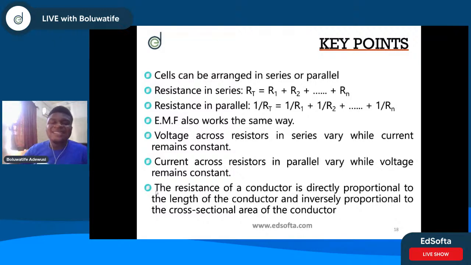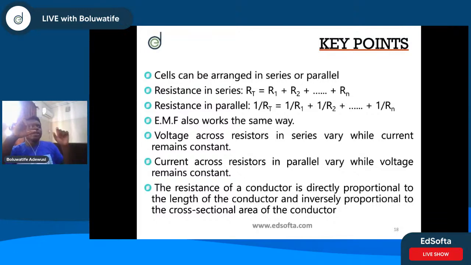Another thing to note is that the resistance of a conductor is directly proportional to the length of the conductor and inversely proportional to the cross-sectional area of said conductor. So this is just resistance. And mind you, I wanted to say this: another thing that differentiates a resistor from an insulator is,